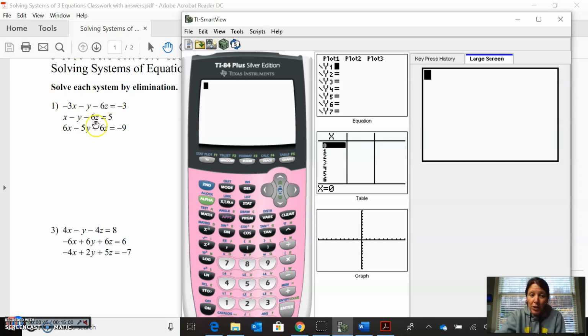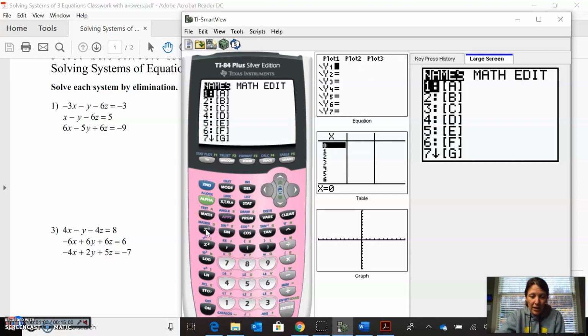So before, you were doing all of these by hand. I'm going to show you how to enter it into your calculator as a matrix. If you look right above the x to the negative 1, there's the word matrix. So we're going to go to second matrix, and then you'll see names, math, and edit. If you are using the TI-36, you do the same thing. You will go to second, and it's above the math button, so you'll go to second math,